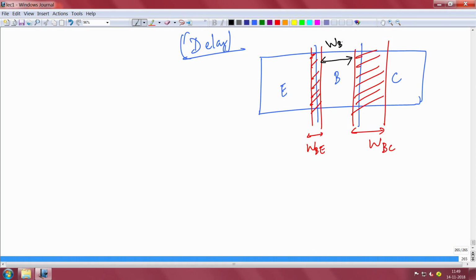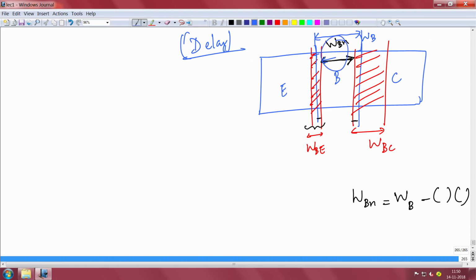And of course your neutral base width has now become WBN. This WBN is the neutral base width, remember, that is equal to the original base width minus the depletion that you subtract. The depletion towards the base side from both emitter and collector, if you subtract from the original base, you get the neutral base width. Okay. The neutral base width essentially is the width of the base after you subtract the depletion that is extending towards the base from both emitter side and collector side. Okay. You see this blue, this point to this point, that is the metallurgical width of the base, and that is WB. You subtract this part and this part, you get WBN. Okay. This is WBN. Alright.